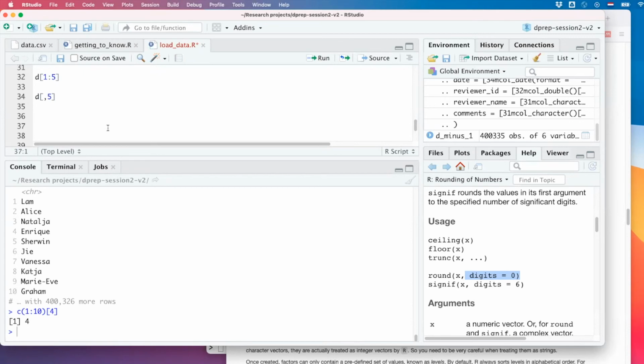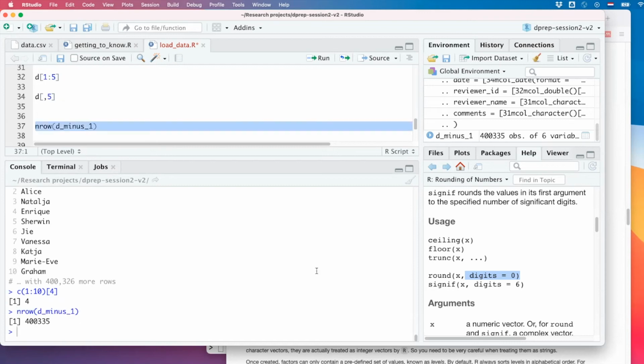A few other things. Yeah, the middle. Noah has a good question. When you have an uneven number of rows, so nrow of the data minus 1, that's how I called it, this is an uneven number. You're saying you should use the floor function.